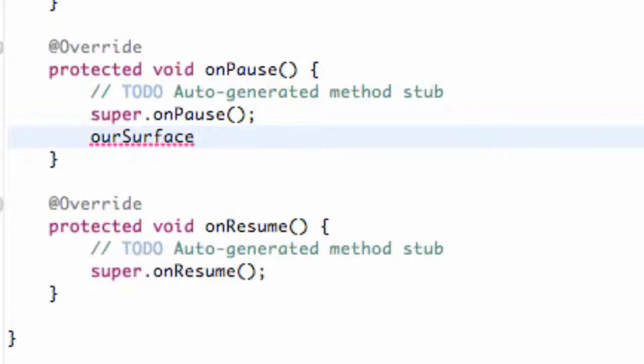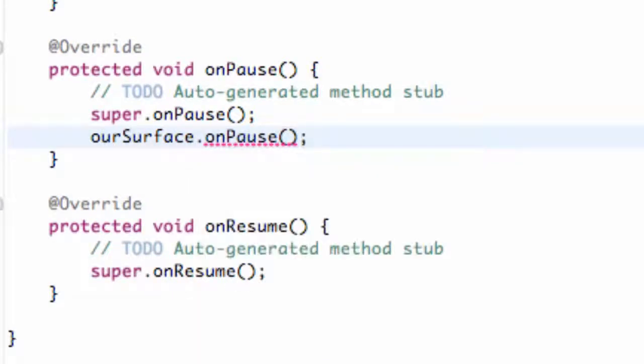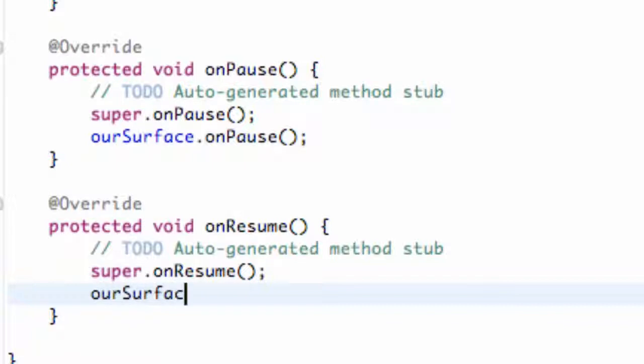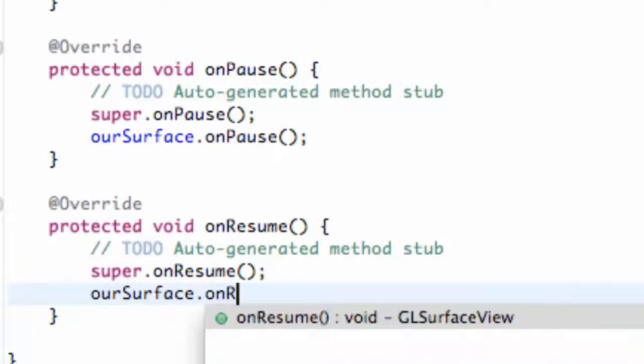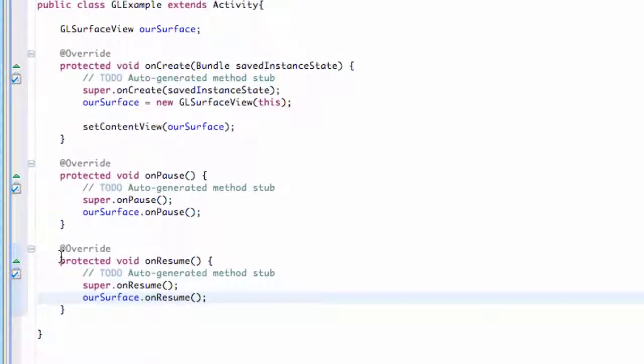So we're just going to say our surface dot onPause, and that's just going to pause our surface view. Pretty simple. And we're also just going to say our surface dot onResume. So basically that's just going to pause our surface and resume it. Pretty standard. So that's the basic setup of this activity. Again, we're going to add a renderer to our surface view to handle some methods for us, but that's going to come later. But besides that, we're pretty much done with this